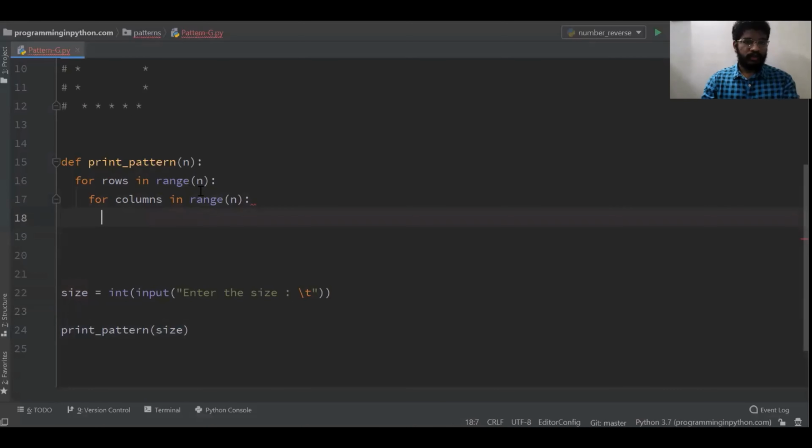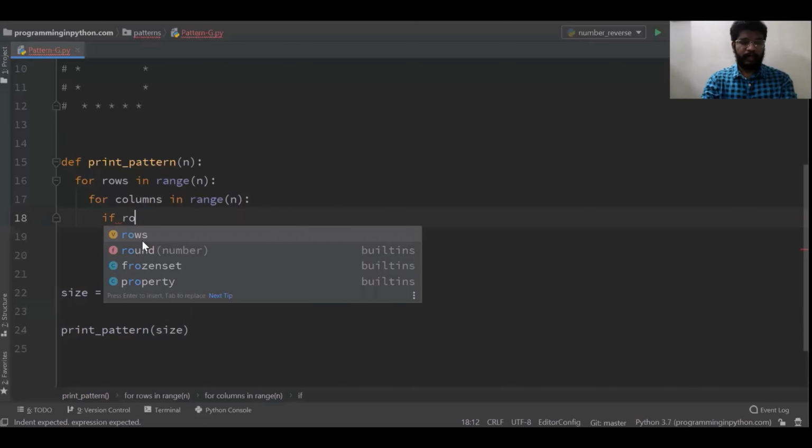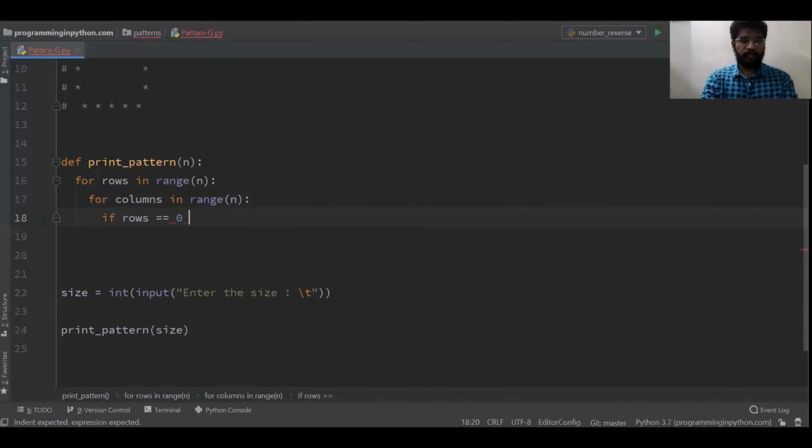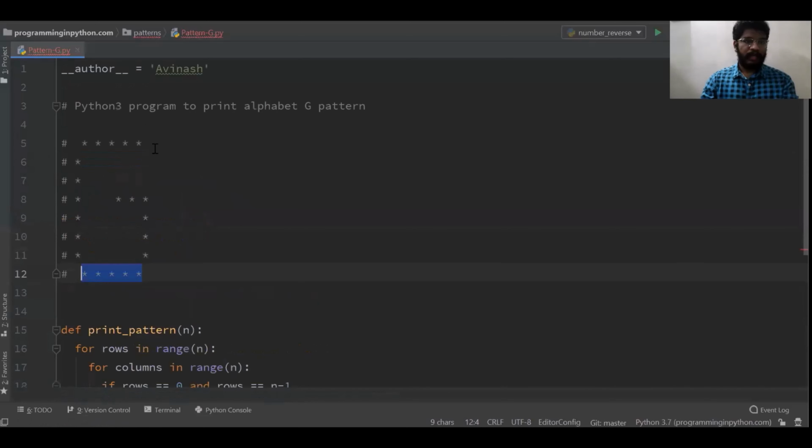So for rows in range n, for columns in range n, first I need to print the first row and last row. Here I will write the condition for printing the first row and last row. The condition would be if rows equal to 0 or rows equal to n minus 1. This will print the first row and last row, but we also have a condition for skipping the first character. I'll show that later.